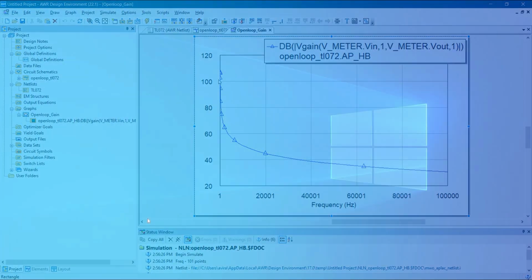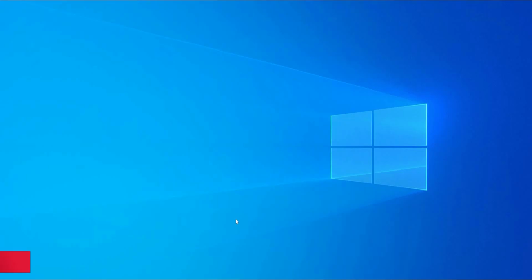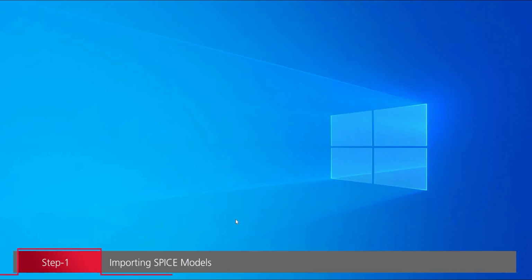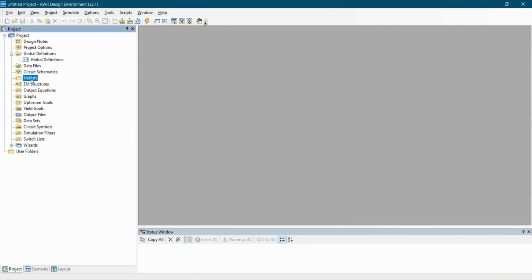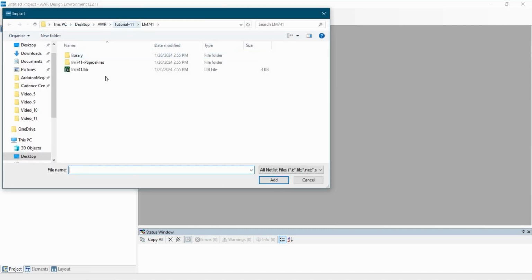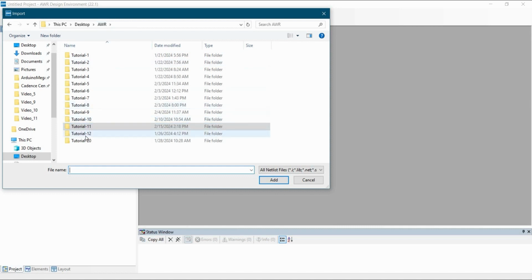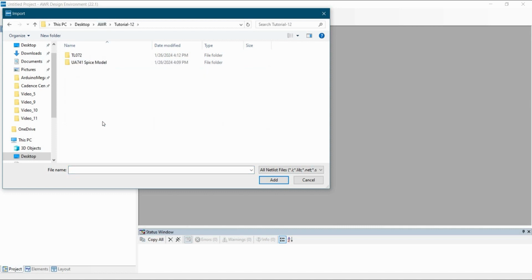So let's get started. In the first step of this video, we are going to import operational amplifiers model in the netlist of AWR. To do that, let's open AWR design environment first. Then go to netlist from project window, right click and go to import netlist. Now we are going to import from, just go to this folder which you can download using the link given